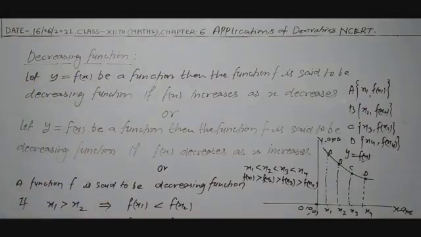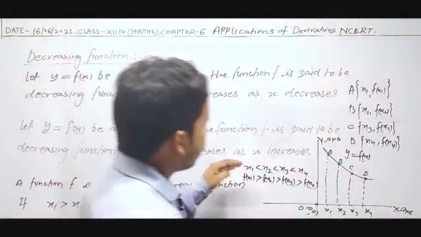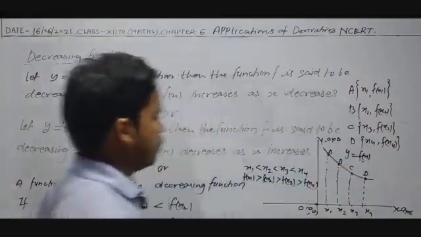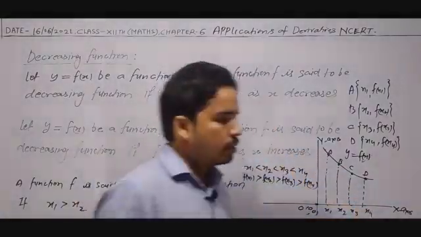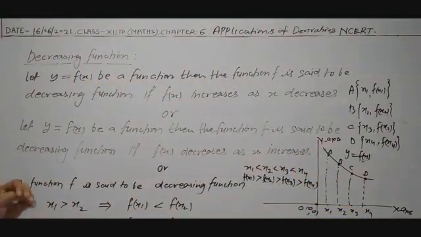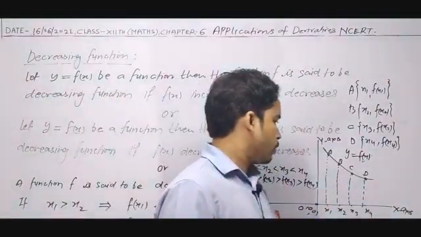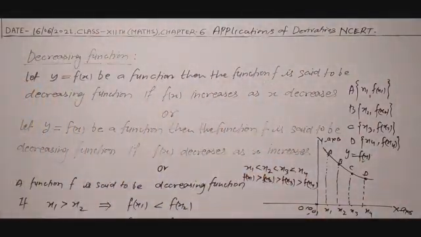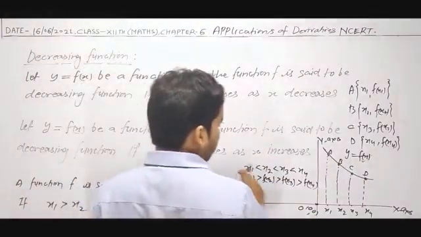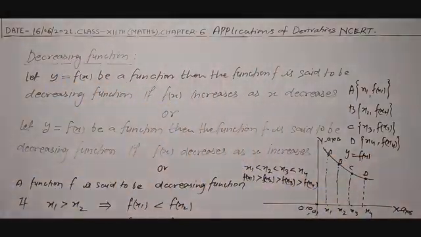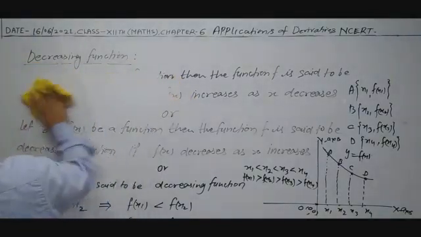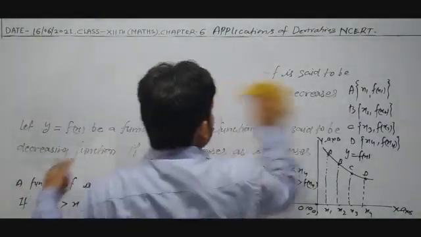So from the graph it is clear that the function is a decreasing curve. For a decreasing curve, the tangents through these points will be negative, because the slope is more than 90 degrees. You can say the tangent is negative, and the function is said to be decreasing because of the decreasing curve. Now come to the note points related to decreasing function.